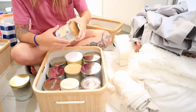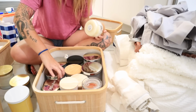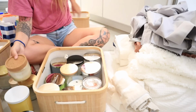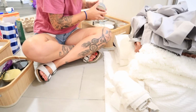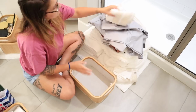Katie is just like I am in that she loves to have a lot of candles in her home, but she also collects extras whenever she finds good deals on them so that she can give them away as housewarming gifts or presents for various holidays. I feel like candles are the best type of gift for most people in your life, so she did have quite a few of them that I needed to store away, but I got them all sorted into those bins,